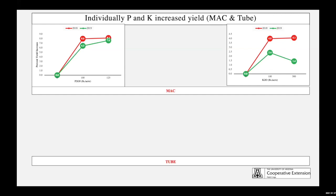However, in 2019, the yield increment decreased at the highest rate of fertilizer application. So the 100 application gave more yield increment than the highest potassium application. This is at MAC. In the tube trial,